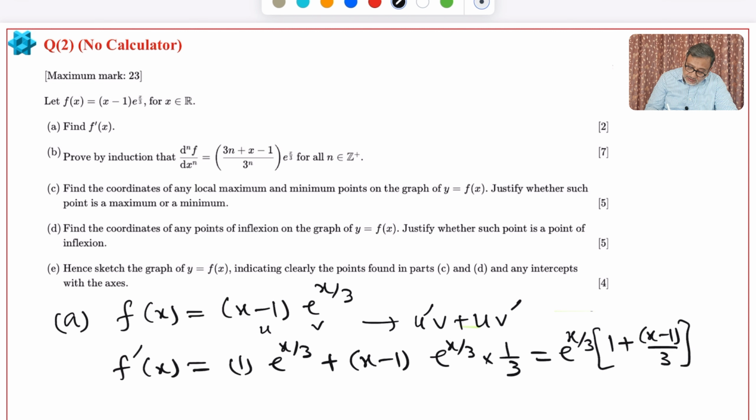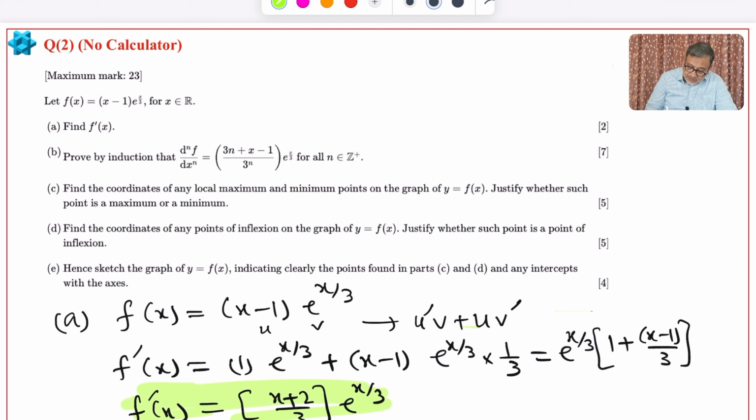3 is the LCM, so this will be 3 minus 1, 2. So, (x plus 2) by 3 into e raised to x by 3. Okay. So, this we have shown, the derivative of f of x, right? Okay. Now, next part,